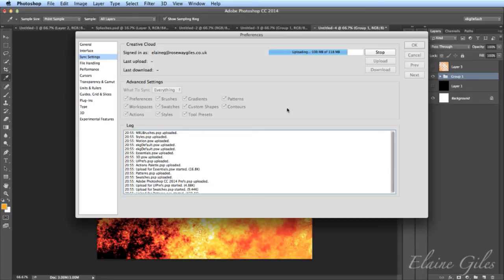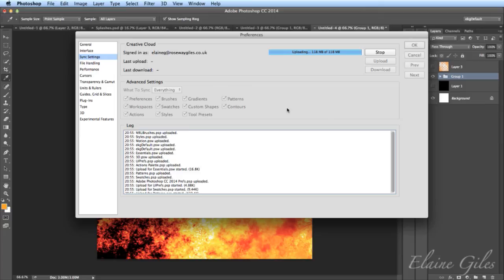I've had hard drives go on me, and although I could probably restore from an image, if I do a clean install of all my software, my settings would have gone, because who backs these settings up manually? I bet nobody in the chat's going to say yes, they do. I know I don't, I must admit. I back it up with my entire backup, but I don't back them up separately. But now with Creative Cloud, I don't have to do that. Don't have to back them up separately at all.